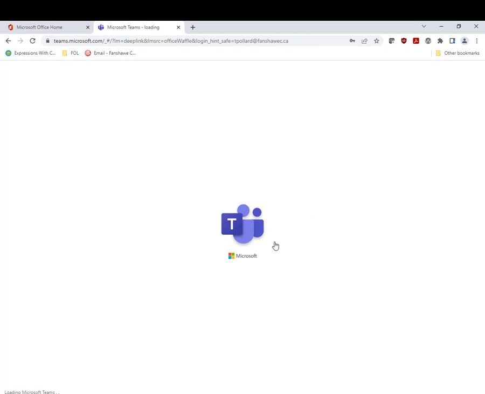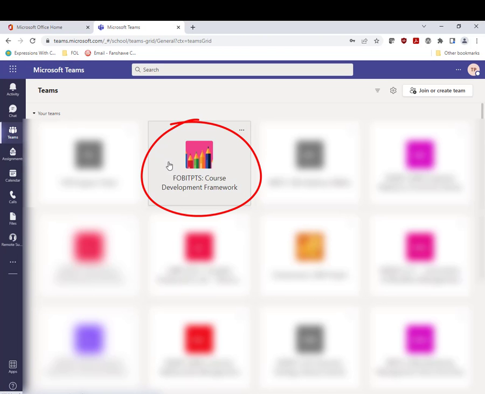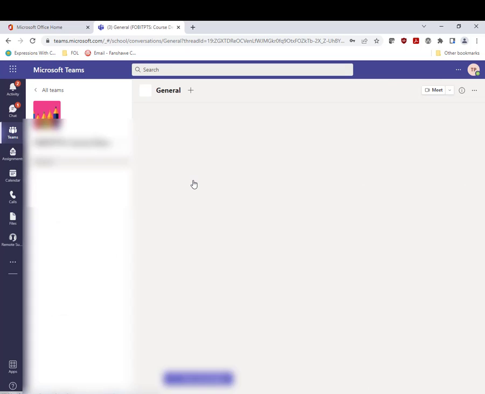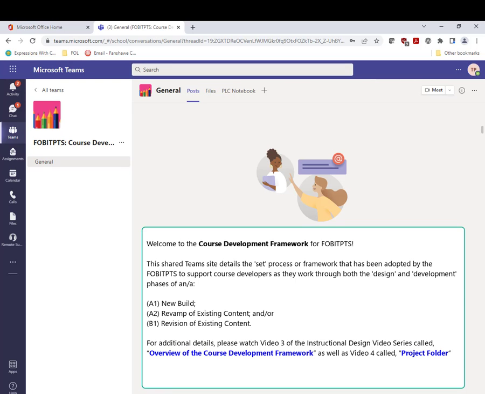Once you enter Teams, you'll be able to locate the course development framework right here. Once you locate the shared team site, you can click either on the image or underneath the image. Once you click to go inside the Course Development Framework team site, you'll be greeted by a short welcome message